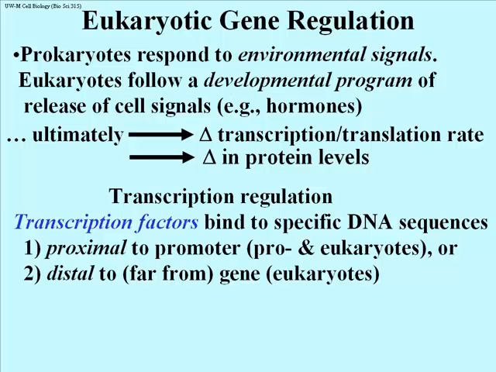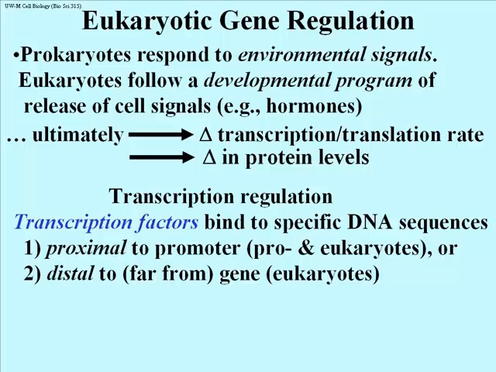Rather, genes that must be regulated in some coordinated fashion will share DNA binding sequences, that is, DNA sequences that can bind to transcription factors. There are transcription factor binding regions in DNA, and then transcription factors that bind to them